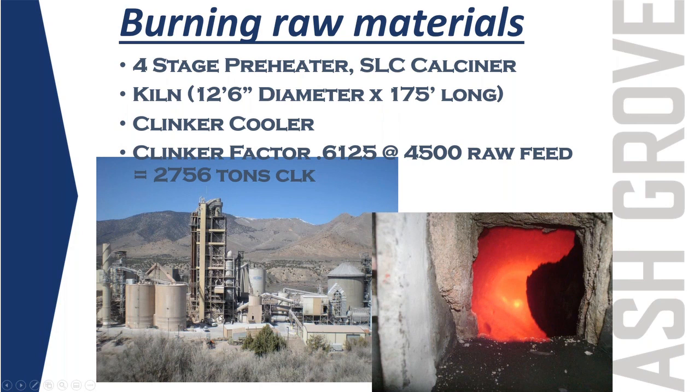You'll hear that cement production creates a lot of greenhouse gas emissions, and that's true. What's interesting is it's not all from the heat from the combustion of coal and things, but it's actually the CO2 we're releasing that's been trapped in the limestone. So limestone is calcium carbonate, and we need to free up the calcium oxide in that limestone to react with the silicas and aluminates in our raw materials to form some calcium silica complexes. So to do that, we have to release the CO2, the carbonate that's been trapped in the rock for millennia, and so that's why we produce so much greenhouse gas: we're actually releasing the CO2 that's been trapped